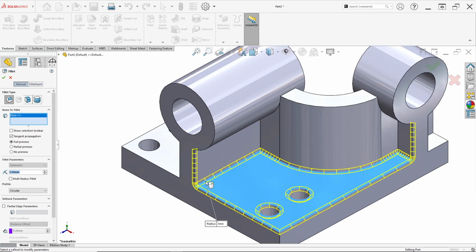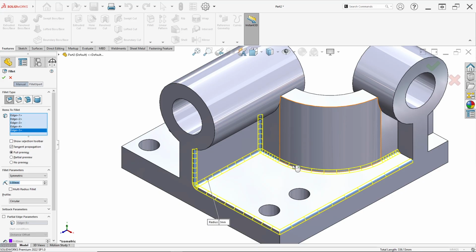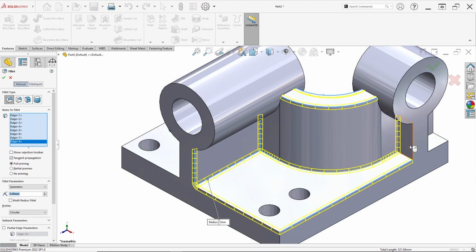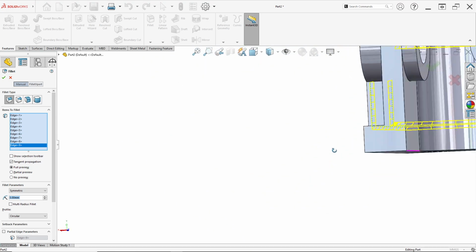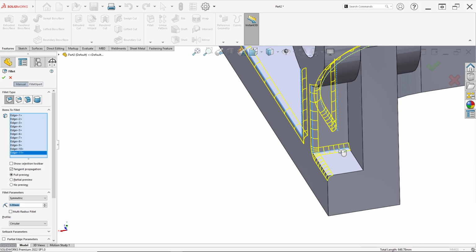Just click this edge, click this edge in here like this, this edge, this edge, this edge, and this edge to this edge, this edge, this edge. We can rotate, select this edge, this edge, this edge,